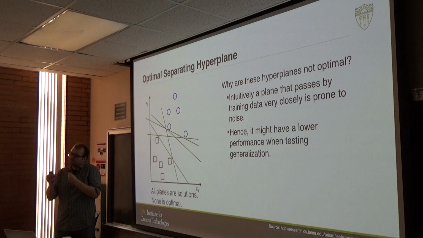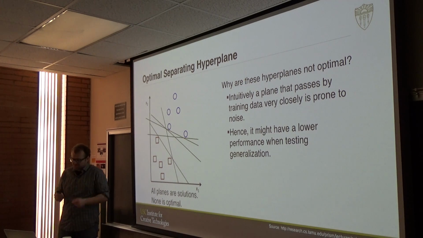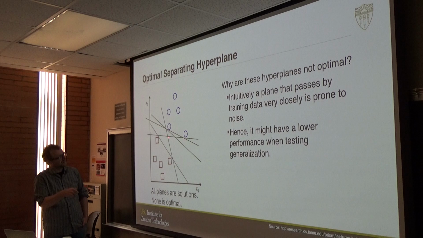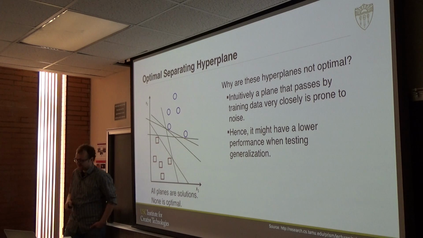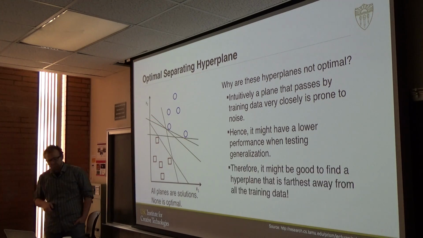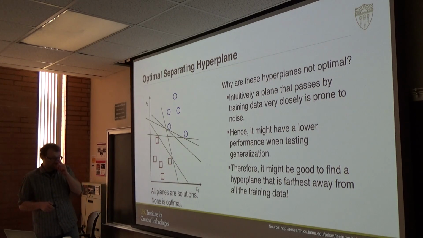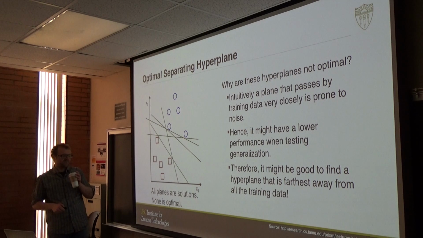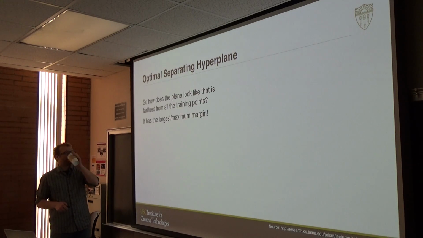Well, we might not generalize as well. We want to have a good generalization with our optimal separating hyperplane. That would go through here, square through the middle, so that the distance between this point and these 2 points will be maximum to the separating hyperplane. Okay, and so therefore it might be good to find the one that is farthest away from all the training